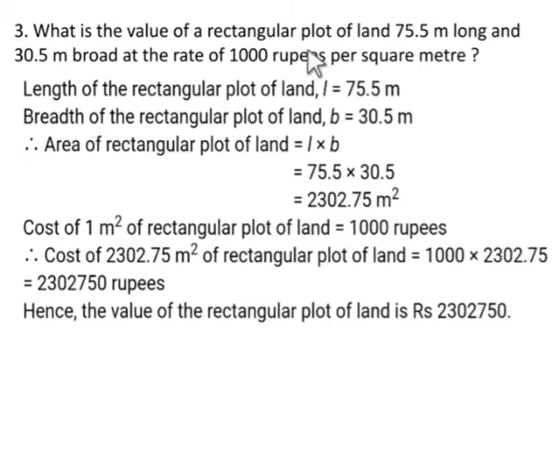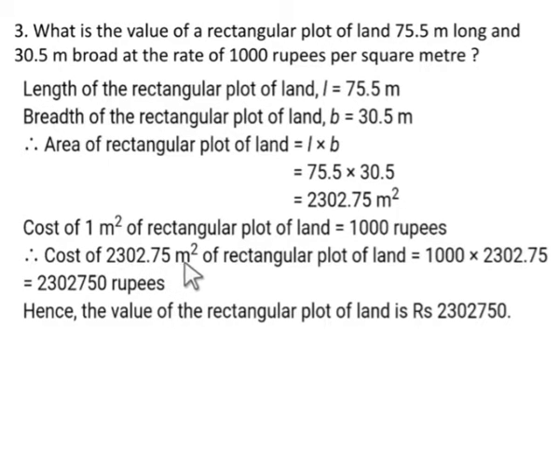Now cost of 1 square meter is given. You have to find the cost of 2302.75 square meter of land. So here we will multiply the cost of 1 square meter with the cost of 2302.75 square meter of land. Here cost of 1 square meter of rectangular plot of land is 1000 rupees. Therefore cost of